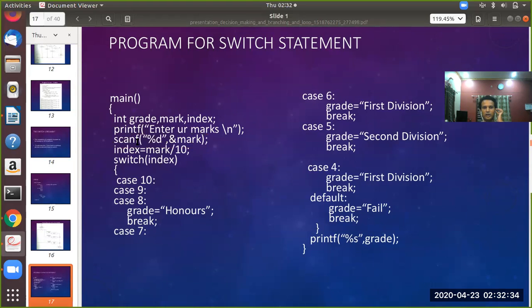And then index is calculated by dividing the marks by 10. The index is used as the expression in the switch case.